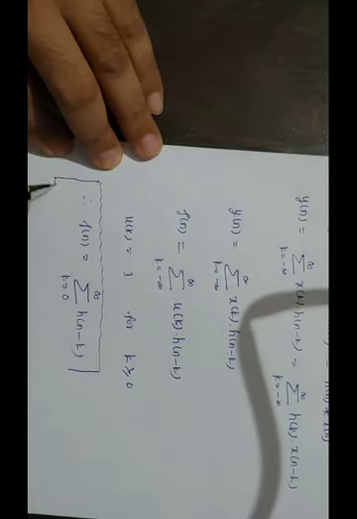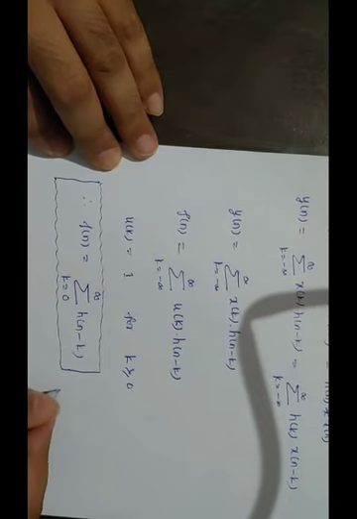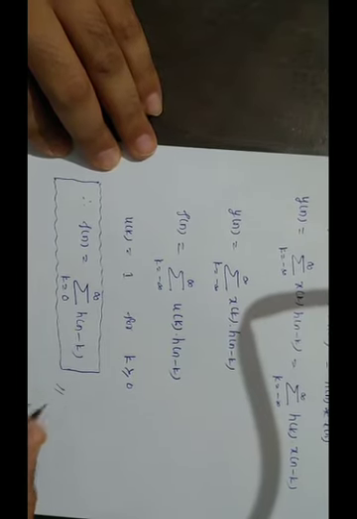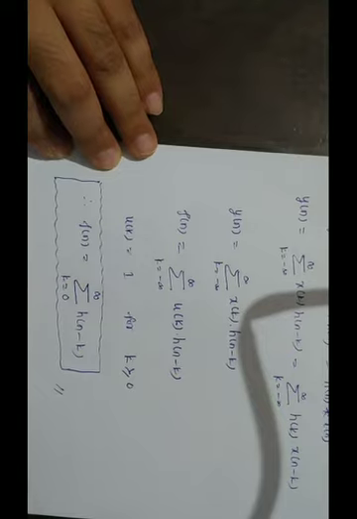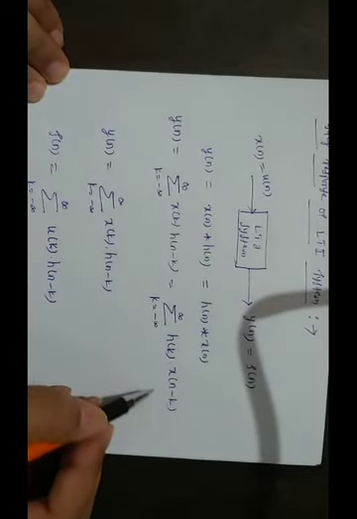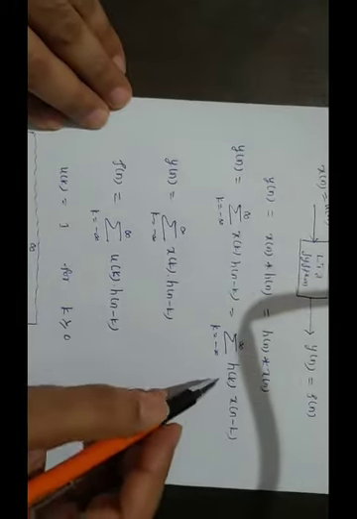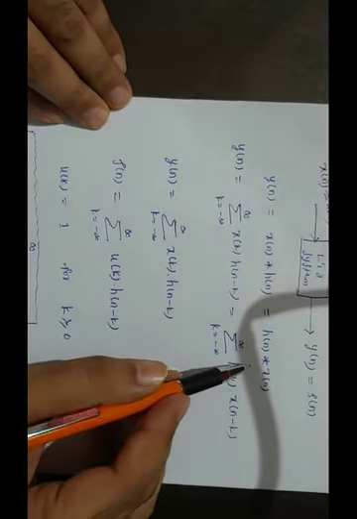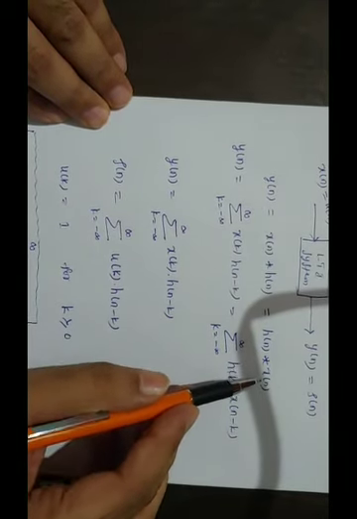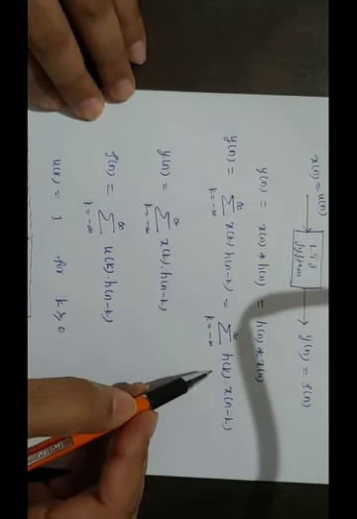Suppose the input to the LTI system is a unit step function; we can use this formula directly to obtain the output. Now let us see if I use the other formula. I am analyzing both cases, and a slight modification in the formula will happen. So now I am going to take y of n equals h of n star x of n. If I consider this formula, what will happen? Let us see. Based on that I am writing.